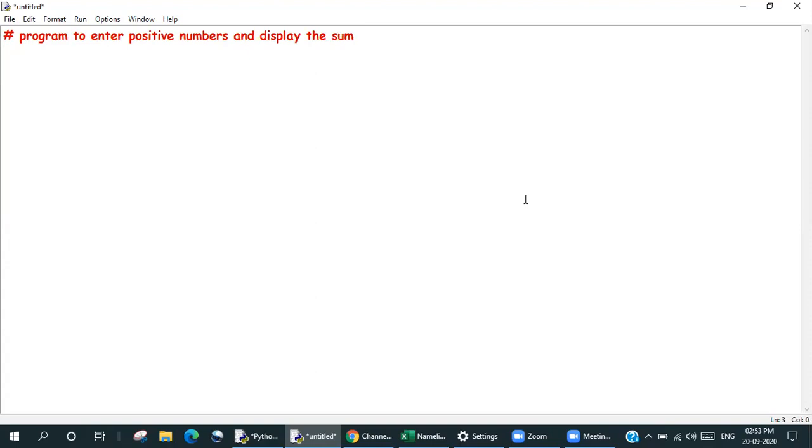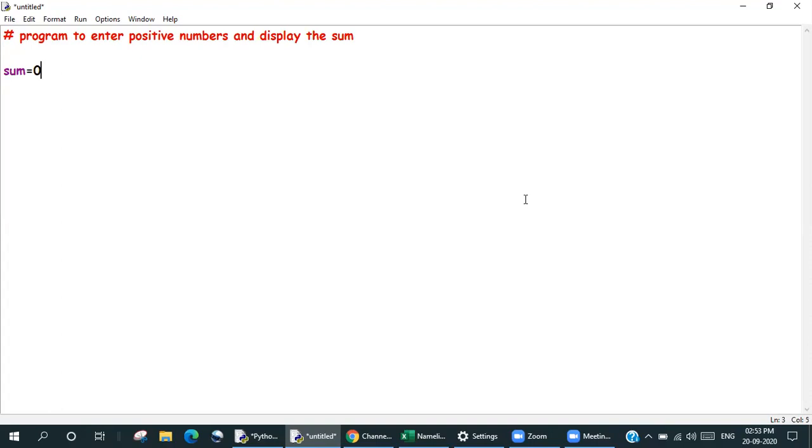Now, what we are going to do is we're going to take a variable called sum. Okay, and we're going to initialize it to 0, because we are doing addition, we have to display the sum. So any number added with 0 gives us the correct answer. So 0 plus 1 is 1, 0 plus 2 is 2. It will not make any difference to the main sum.